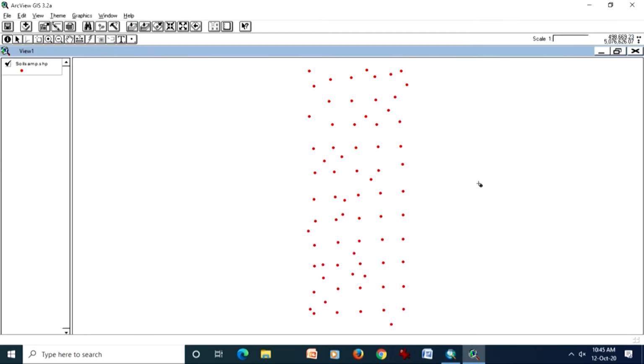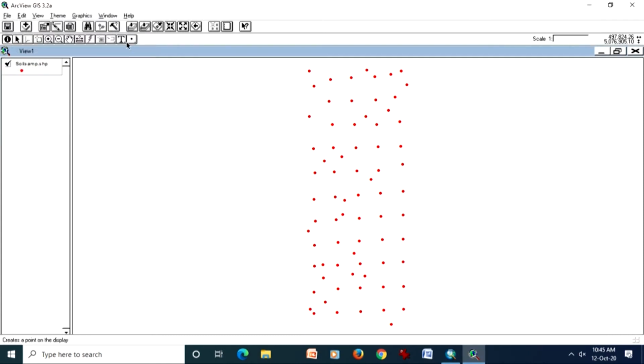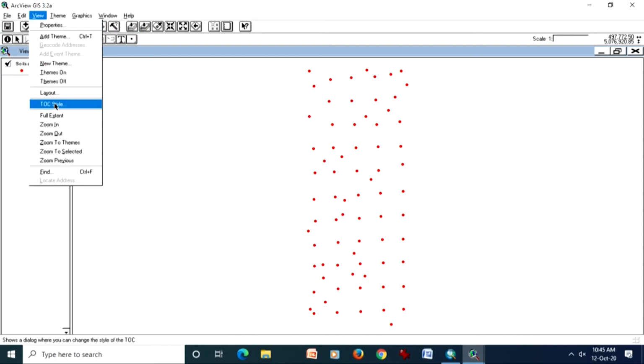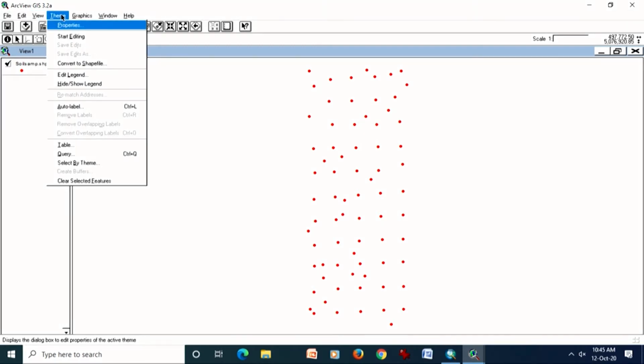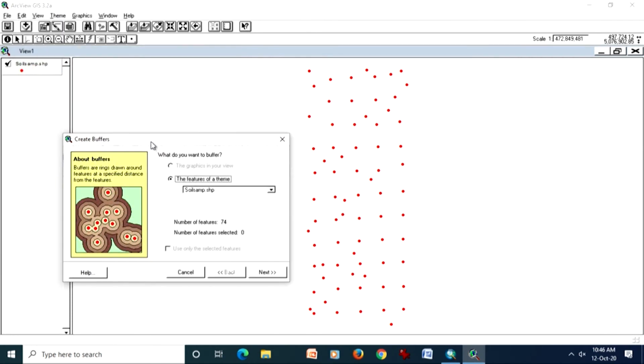So what we will see is, the same data file we are going to take in ArcView, and here also we have to add an extension, the buffer wizard, and this will allow us to create buffers. Now this create buffer option is there once we have set the units. It's a wizard, which means these are sequential processing steps, and you can do it much easier and very quickly.